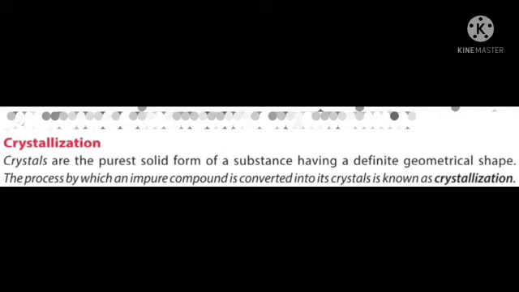So today we have learned about chemical changes: browning of vegetable and fruit surfaces, the reaction between vinegar and baking soda, and the reaction between copper sulfate solution and iron nails. All this comes under chemical changes. Then we have learned about physical changes, and in that we saw the example of crystallization, what crystallization is called. So this much you have to learn.